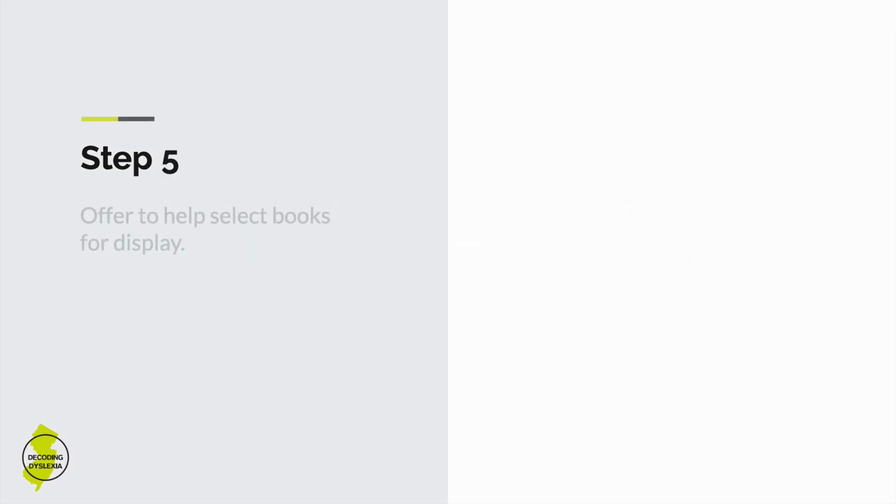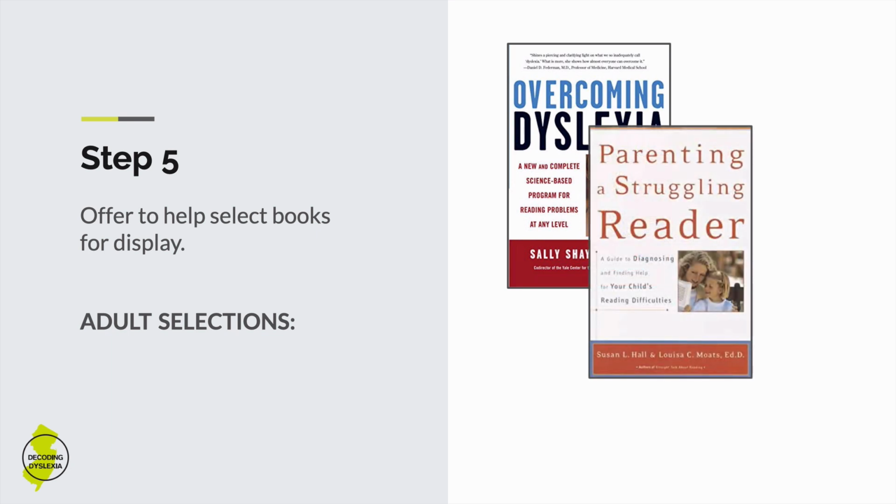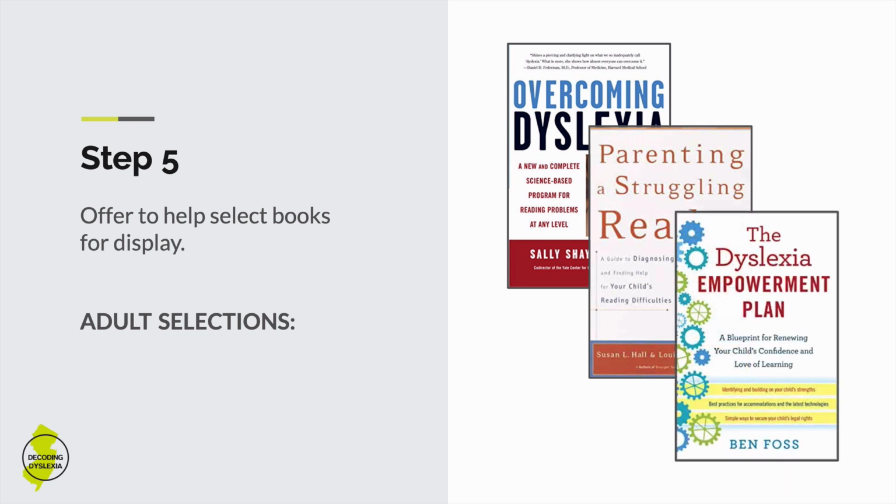Step 5. Offer to help select books for the display. Some possible suggestions for adults include Overcoming Dyslexia, a new and complete science-based program for reading problems at any level by Sally Shaywitz, Parenting the Struggling Reader, a guide to diagnosing and finding help for your child's reading difficulties by Susan Hall and Louisa Moats, and the Dyslexia Empowerment Plan, a blueprint for renewing your child's confidence and love of